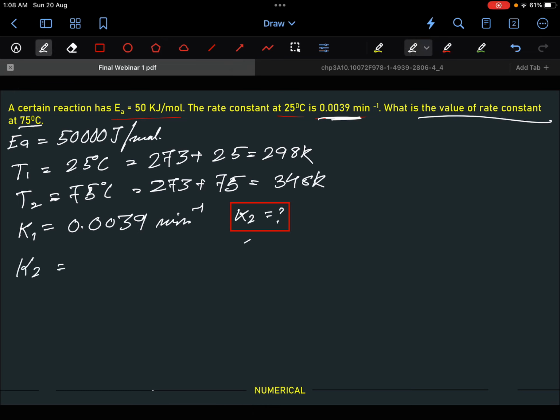K2 is equal to, and okay, R is not given, but I know that when the values are given in joule, mole and Kelvin, R will be 8.3145 joule per mole per Kelvin. Okay, right. So K2 is 0.0039. Again, I would prefer to write the units, but it is a complicated equation, so I will write the unit at the end. Just write the units so that you don't mess up anything. So K1 and then e to the power,